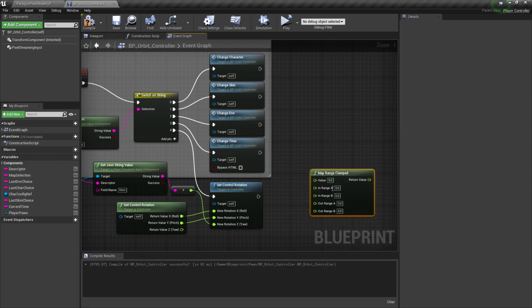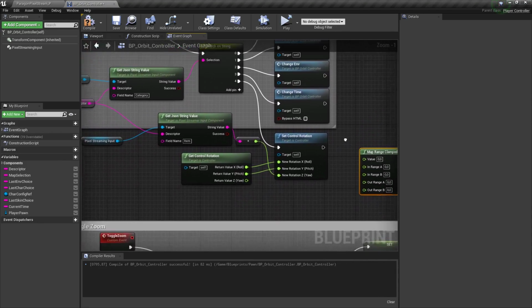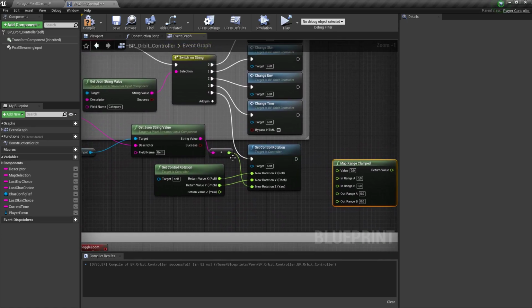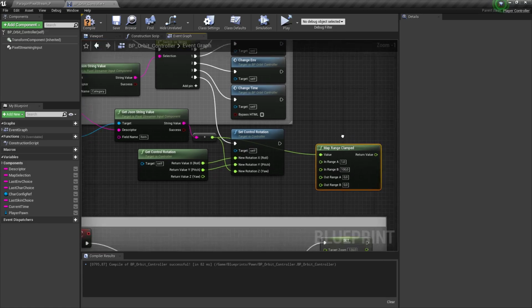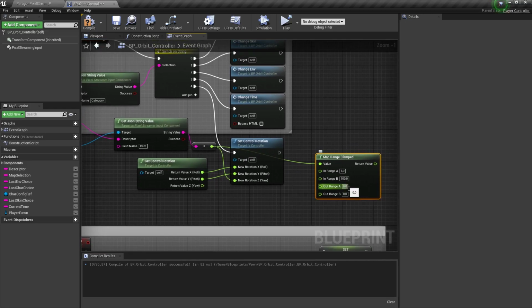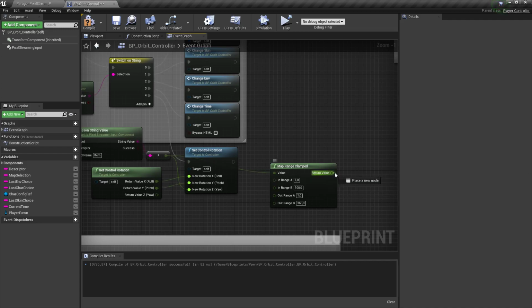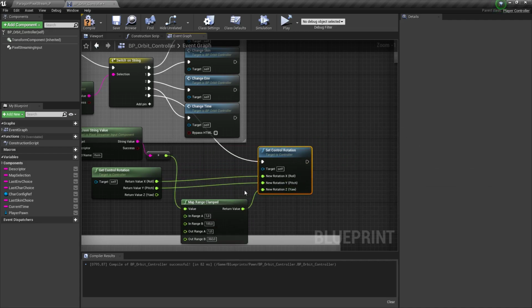Map range clamped. So in this case, if we get a value from 1 to 100, we could enter the value, say that the value is from 1 to 100, and then change that into, let's say, 1 to 360 instead. And feed that into the new rotation Z.